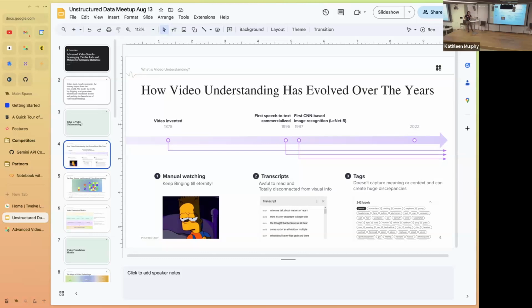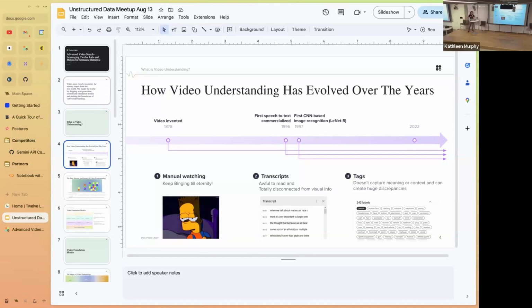When speech-to-text models were first commercialized in the late 20th century, you could build solutions that generate a transcript from the video to decipher what's going on. However, the transcript can sometimes be very difficult to comprehend, and it is sometimes disconnected from the visual information of the video.